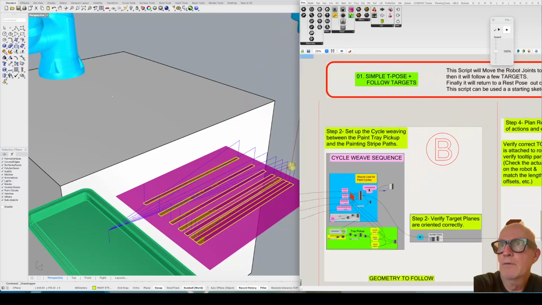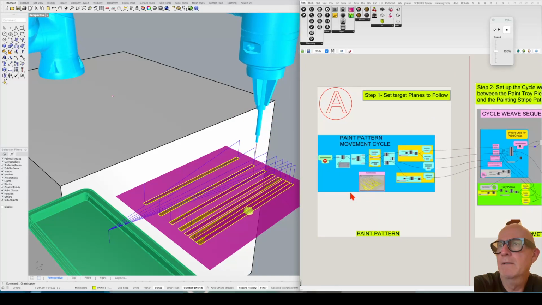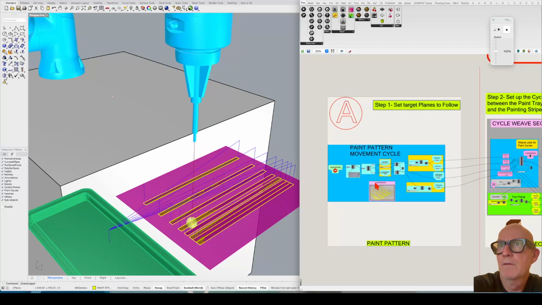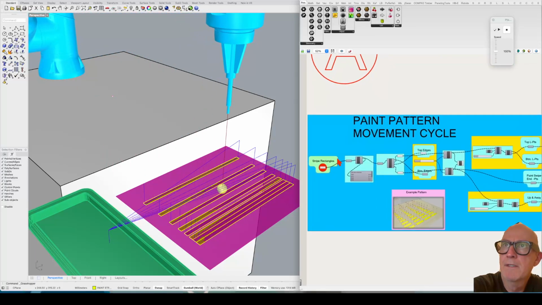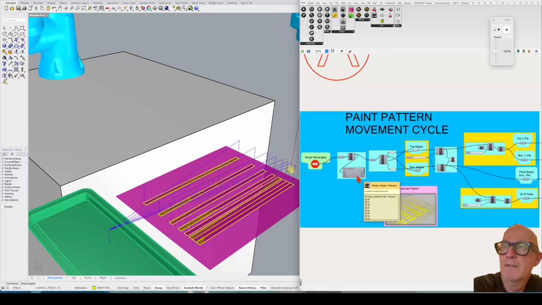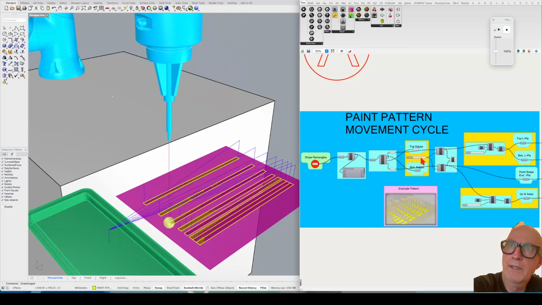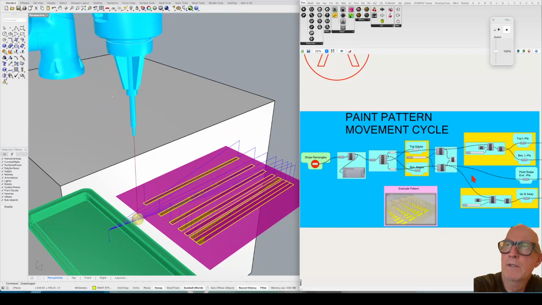We want to move back and forth between the paint tray and our individual stripes. So the first thing you're doing, this is the part that you all will be changing, is coming up with a kind of simple logic and simple geometric figures that you want to paint. And then we have to try to figure out how to modify this script here in blue for your paint